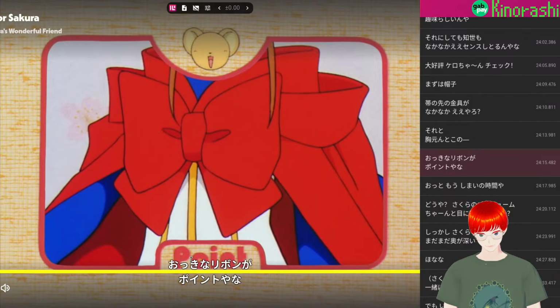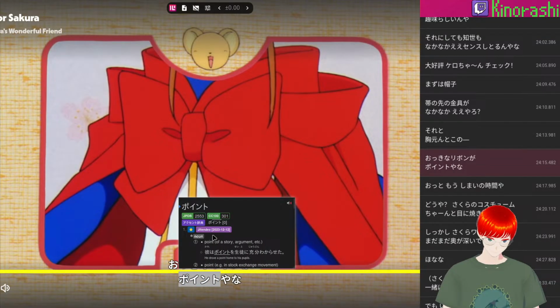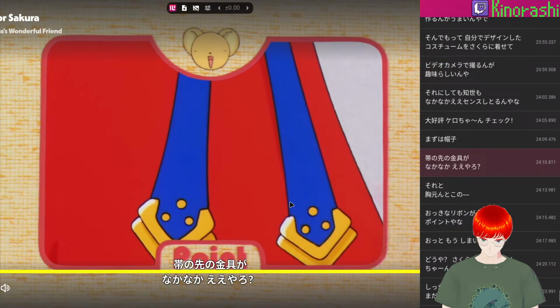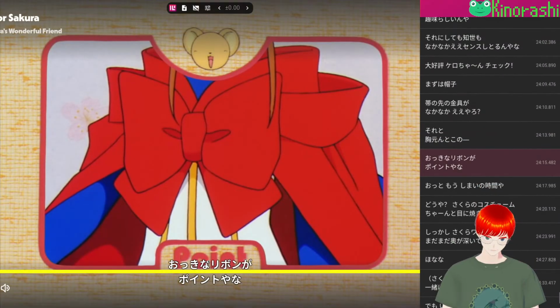One of the only words in Japanese that has that. So okina ribbon, or big ribbon, ga pointo ya. So in other words, in the chest area there is a big ribbon. So one point is that in the chest area there's a big ribbon. So "大きなリボンがポイントやな。"